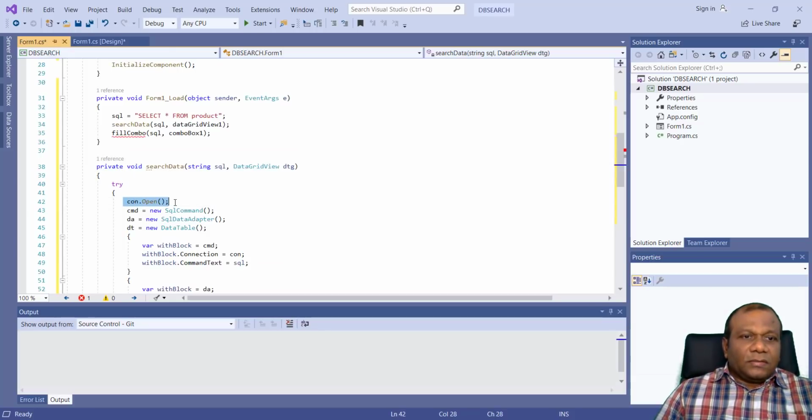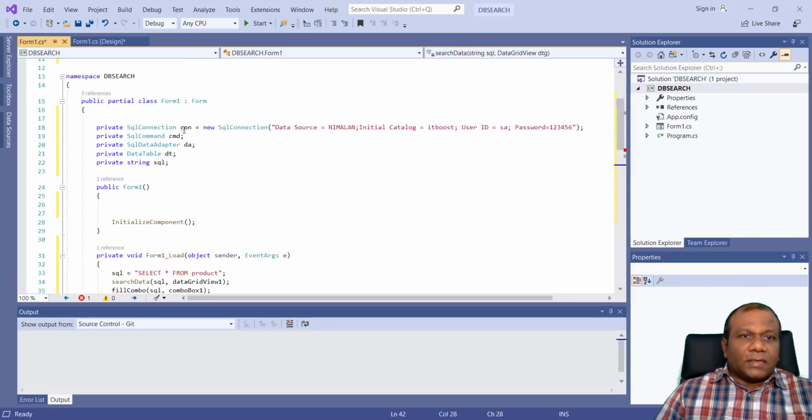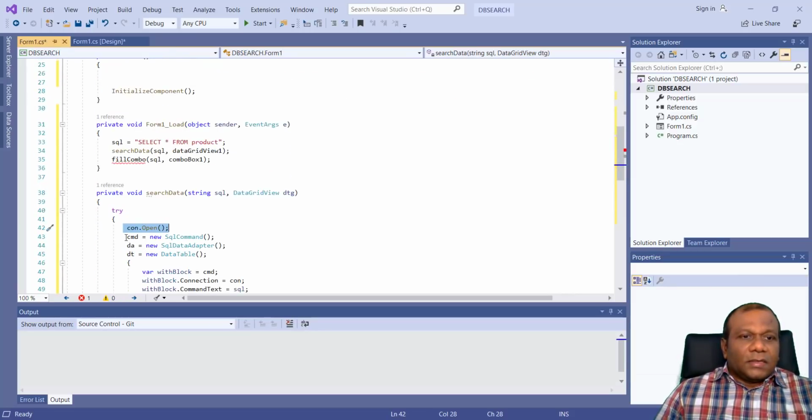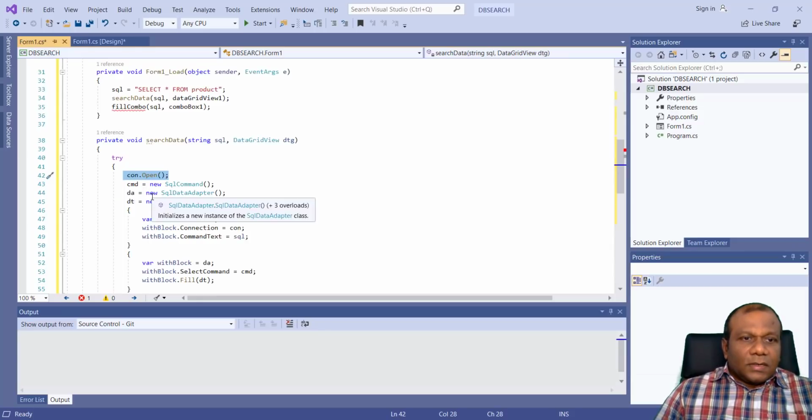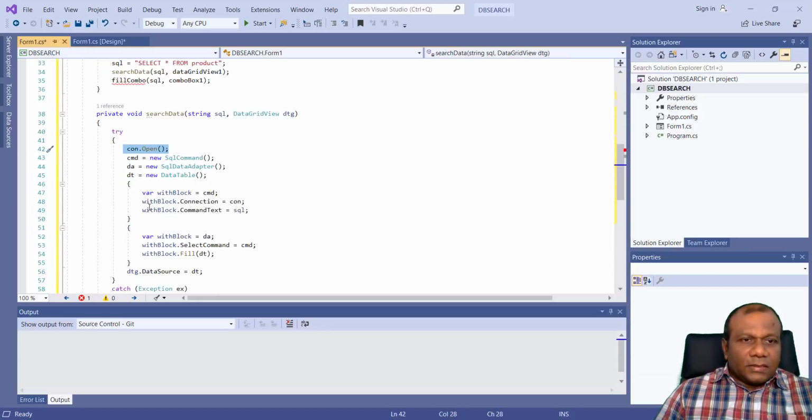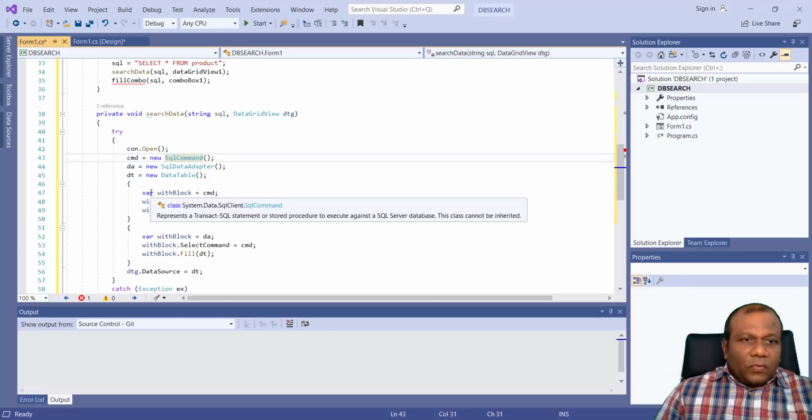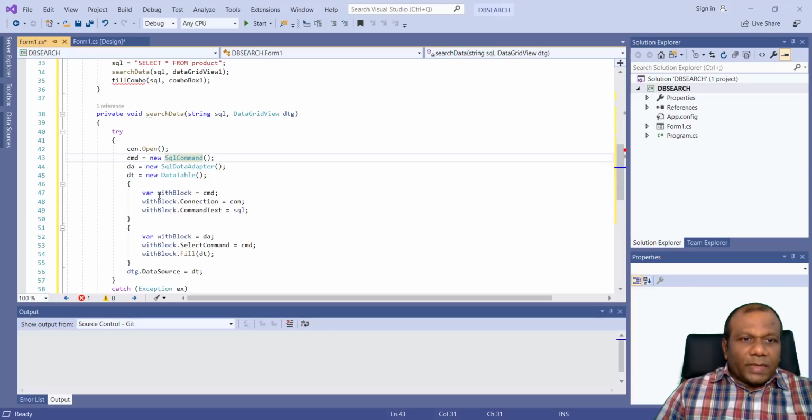Opening the connection which we created, and for the SqlCommand, the DA data adapter, the data table, var with block, making a variable, CMD, with block dot connection, using the connection.